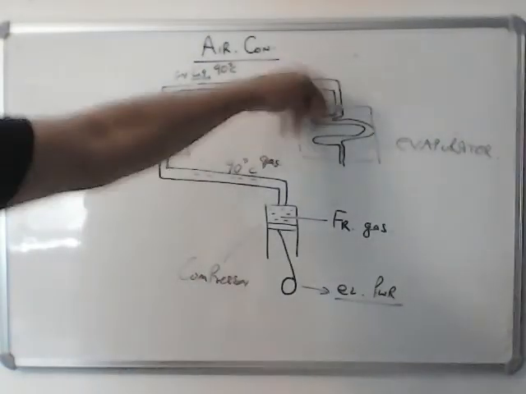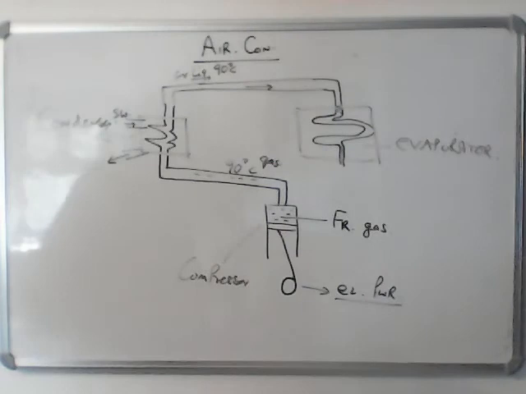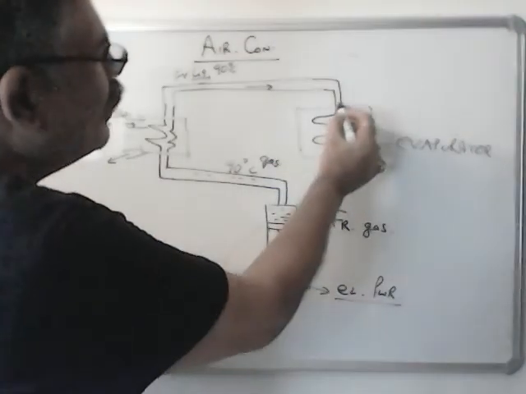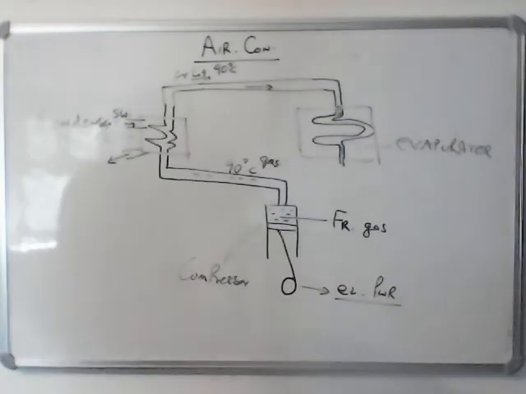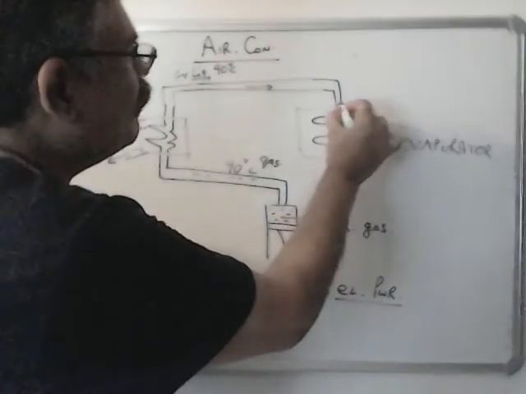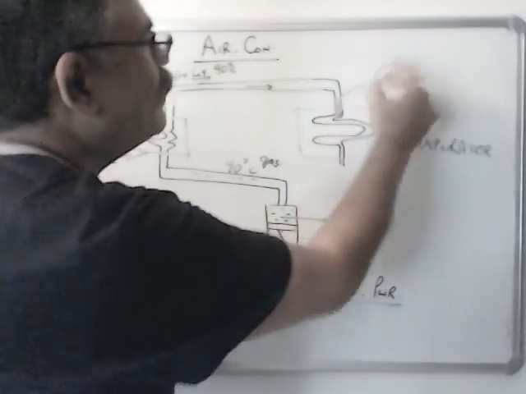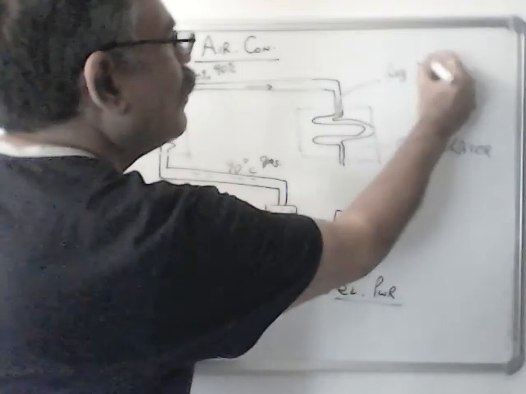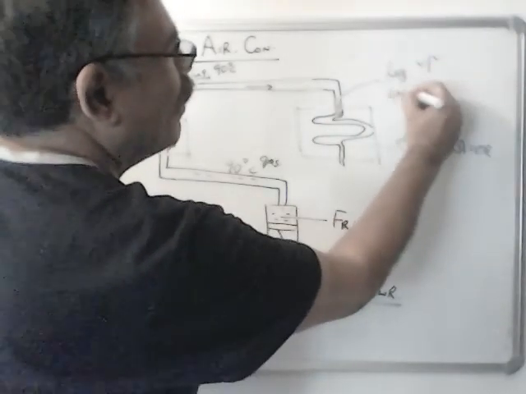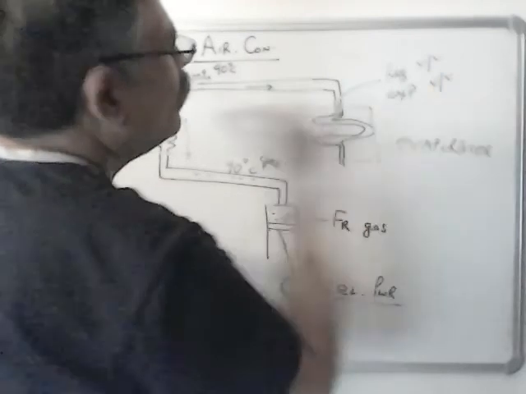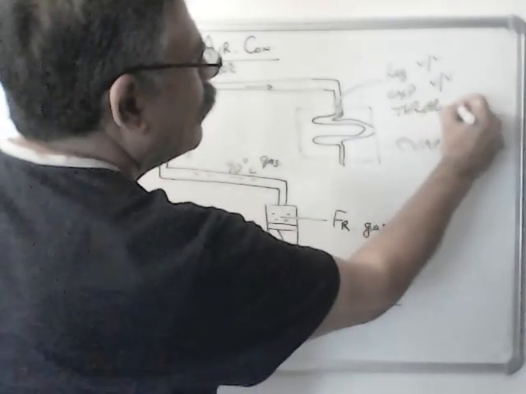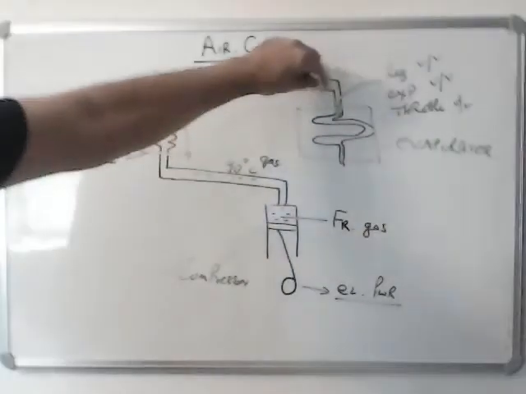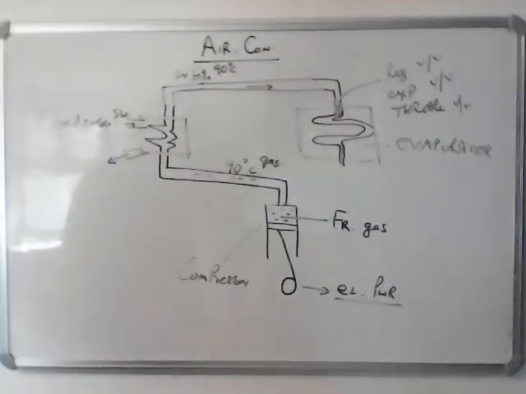Any liquid, when it expands suddenly, gets cooled. So this liquid here becomes a gas and it becomes cooled. There is a valve here which is known as a regulator valve, also known as expansion valve, also known as throttle valve. With this valve you can control how much cooling you want.